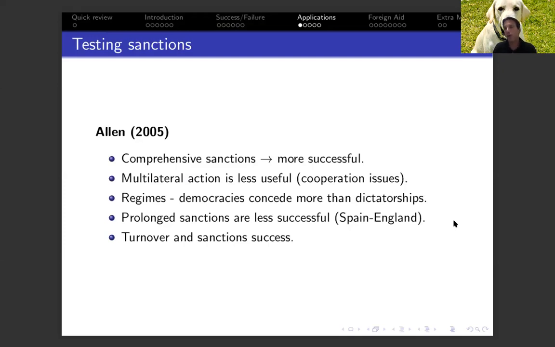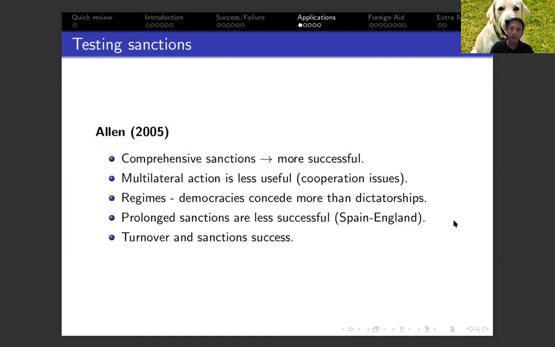So when sanctions are more comprehensive, they're more likely to be successful. If sanctions are imposed by multilateral actors, so the United States, Great Britain, France, and Germany are operating together to impose sanctions on Iran, they are less likely to be successful because it's harder to sustain that cooperation between all those different actors which have different motivations. It's possible that after some time in which sanctions are imposed on Iran, now France is facing an economic recession, so they want to actually increase their trade with Iran in order to compensate for some of those losses. So that's a problem for the sanctions.